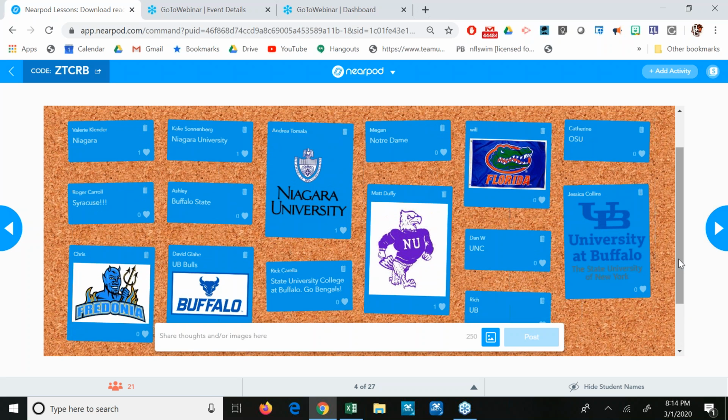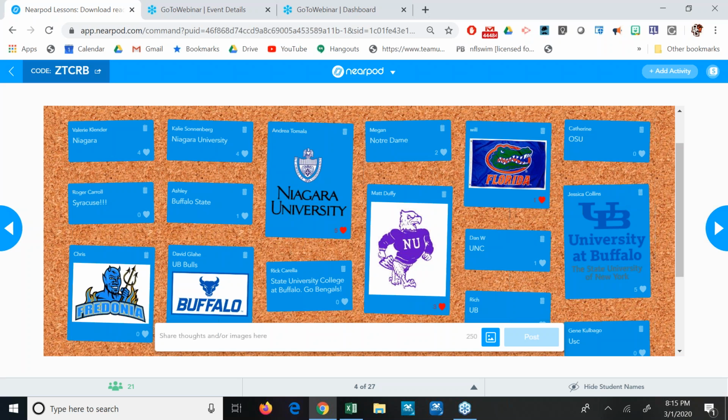So this is a way in which the kids are all collaborating, and you'll notice that there are little hearts on everybody's screen right there. One of the things that kids love is they like their likes. So what you can do is, let's say, for example, you're a Niagara University person. You can see other people's Niagara University posts, and you can go around and click on their little hearts. Like I just clicked on Tamala's heart. I just clicked on Matt Duffy's heart. And then people can see how many likes they get for their college. Will, I'm going to click on yours because I do like Florida Gators. I was there 2 years ago watching a softball game, actually.